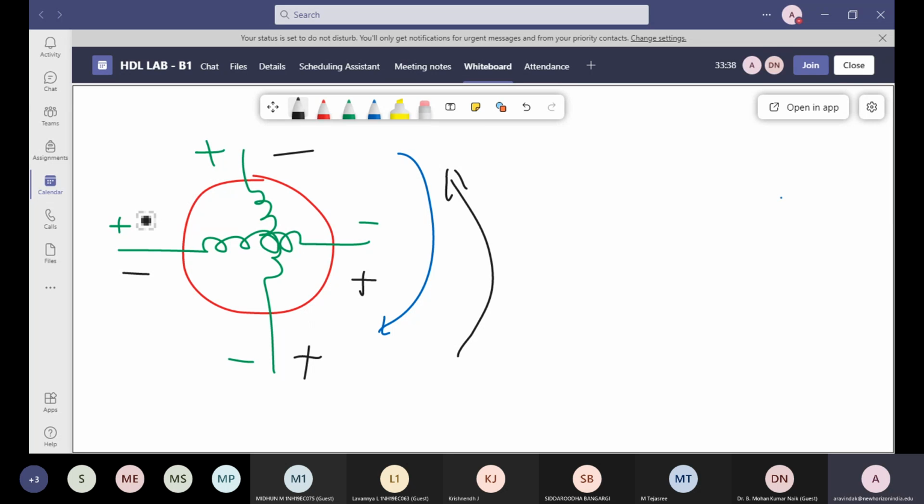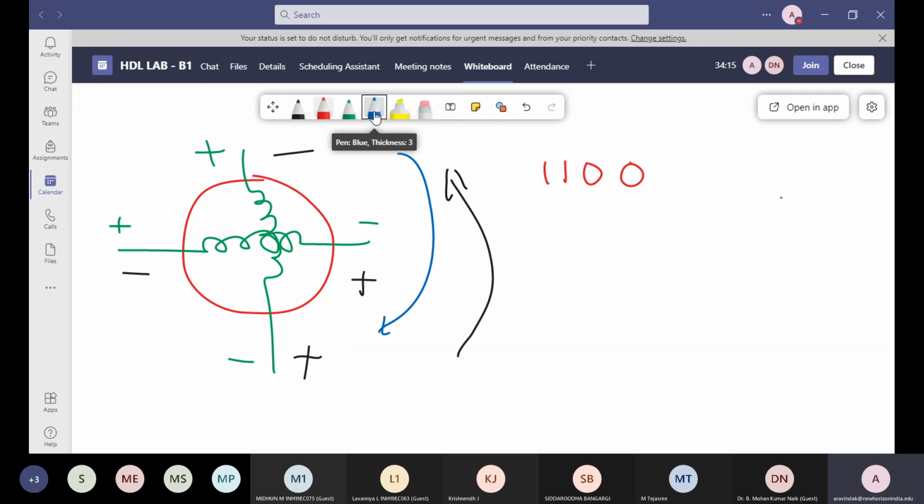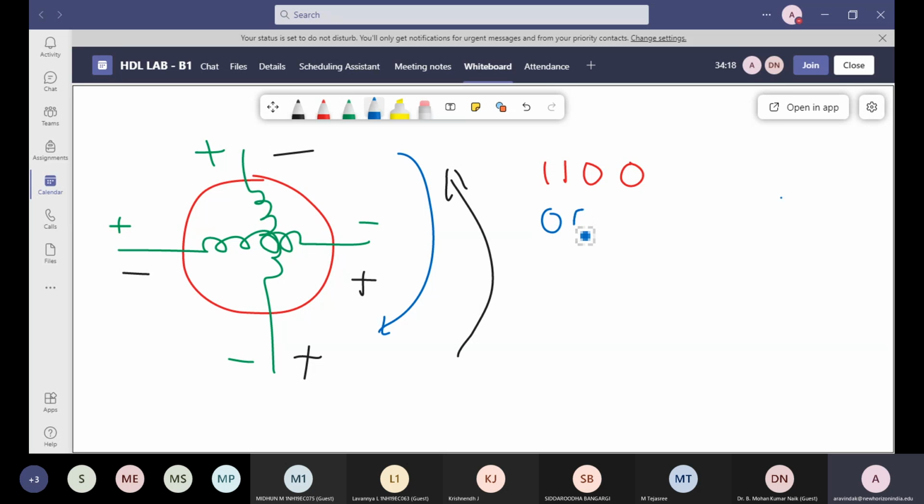Now when I show it here like this is plus plus here, then minus minus here, we can write the variable in our code as, let me choose a color, 1 1 0 0. Corresponding to this plus plus minus minus, it is 1 1 0 0. Now corresponding to the other one, minus minus plus plus, minus minus here, black I have written, minus minus plus plus here. Corresponding to that, we can have a variable, which color I choose, I am just choosing. This is now 0 0 1 1.